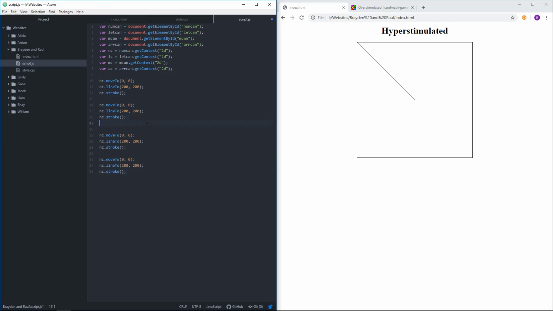So I've just copied and pasted those. And so we'll do the same thing for the LC. We'll do the same thing for the MC. And we'll do the same thing for the AC. I'm going to save that. And when I refresh the page to see the changes,